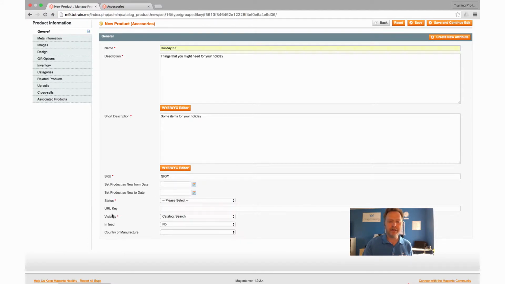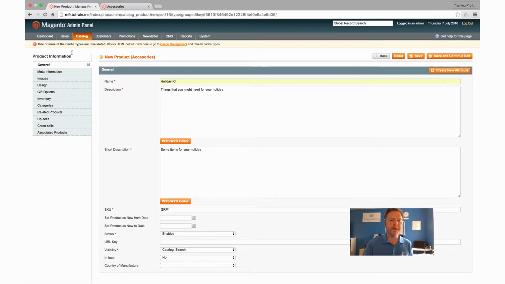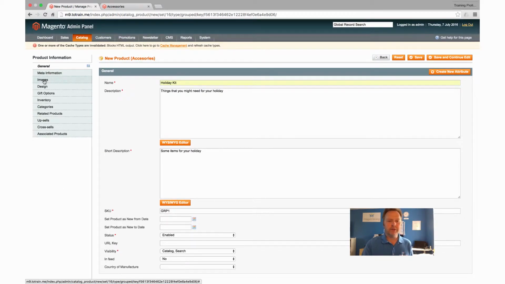We need to enable it, and it needs to have a visibility set. So in this case, we're going to have it catalog and search, so it appears in the categories and also can be found when you do a search for it. Okay, so coming down,